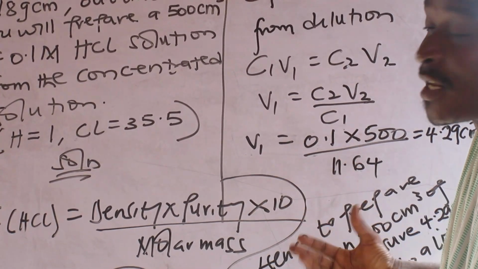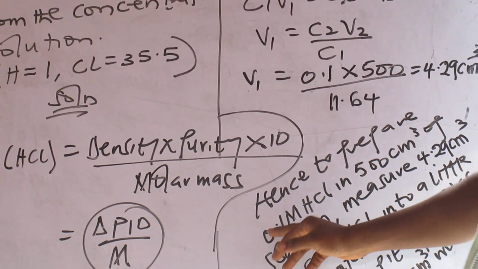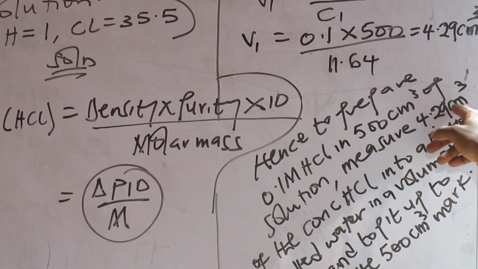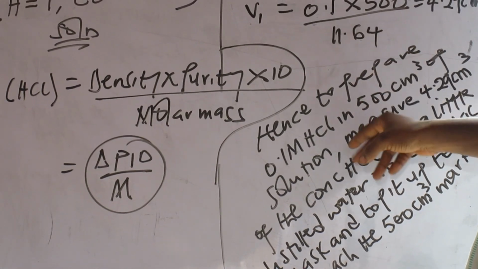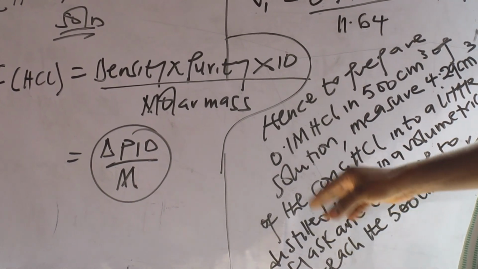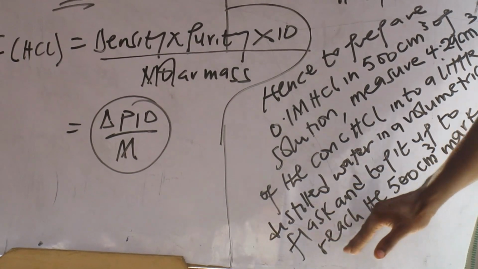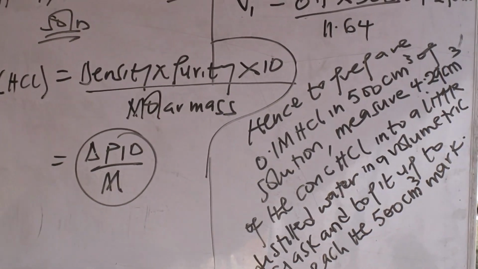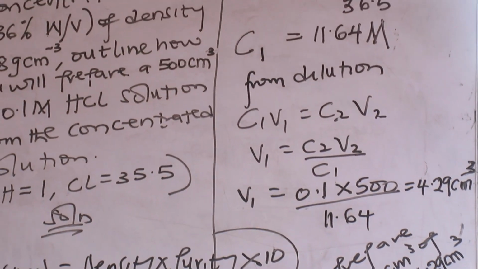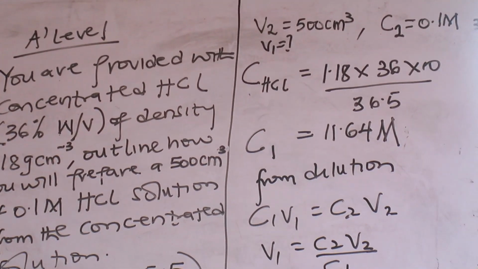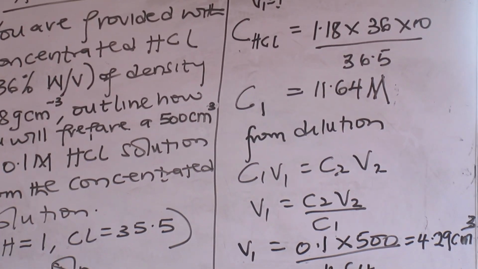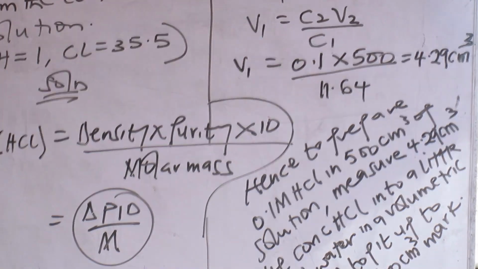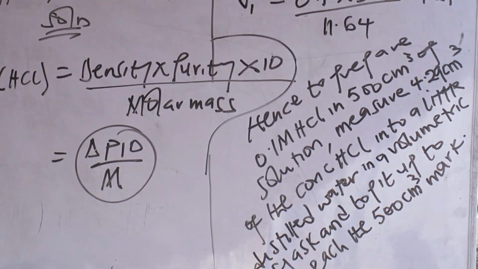So how do I do my preparation? Briefly. To prepare 0.1 molar HCl in 500 cm cube of solution, measure 4.29 cm cube of this into a little distilled water, top it up to reach the 500 cm cube mark, right? You have prepared your standard solution. What it means is that when you take HCl raw, it's so concentrated that you can't use it. So you have to do what we call dilution, right? It's just like alcohol, 100% alcohol. You can't use it. You have to do dilution. So you have to do calculation, get something and measure, and know the amount of water that you add to get it. Are you okay? Good. So that is